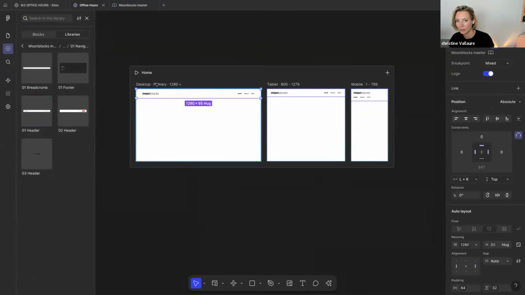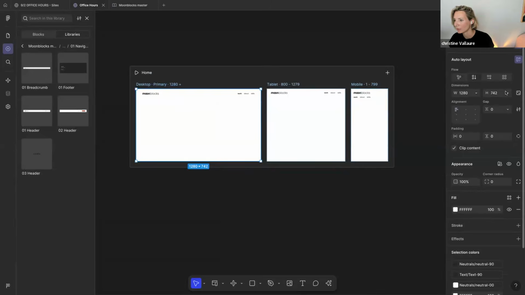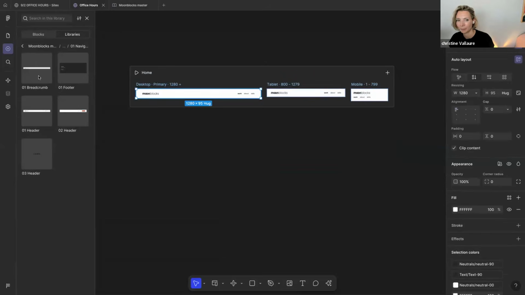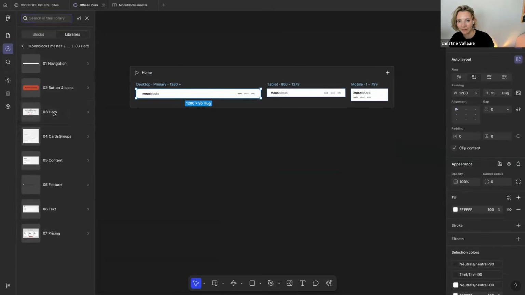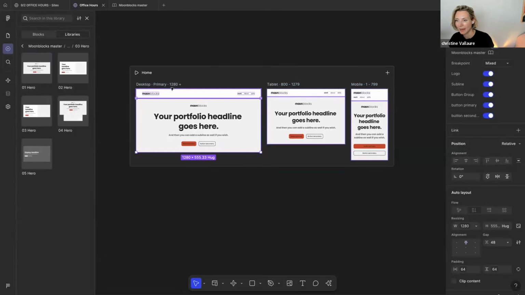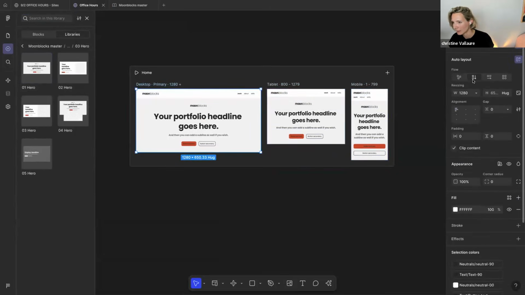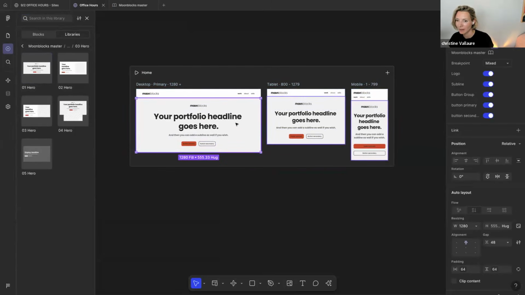The only difference to the native Figma blocks is that I need to make sure this is set up with the auto layout settings, like we showed you before. So hero, let's pull over a little hero as well to show you. Now you can see I have to hit enter and fill the container. Remember, that's the thing: you need to set the vertical, and then set this to fill the container. It works exactly the same. And because I have my component properties, I can even set this up so I can tell people what they can customize. So for example,